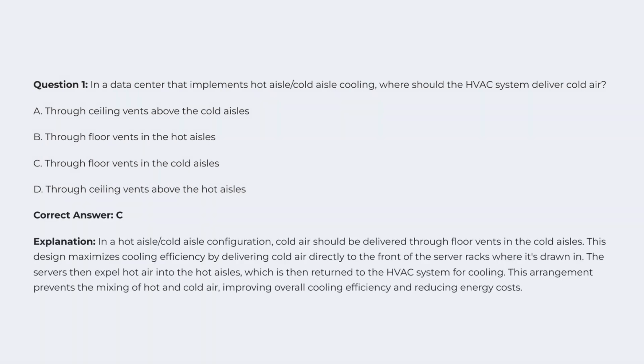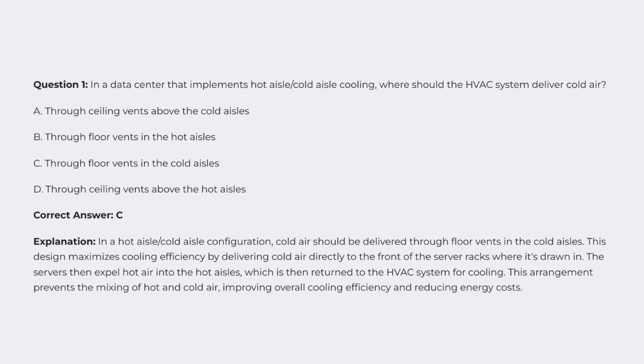Correct answer, C. Explanation. In a hot aisle, cold aisle configuration, cold air should be delivered through floor vents in the cold aisles. This design maximizes cooling efficiency by delivering cold air directly to the front of the server racks where it's drawn in. The servers then expel hot air into the hot aisles, which is then returned to the HVAC system for cooling. This arrangement prevents the mixing of hot and cold air, improving overall cooling efficiency and reducing